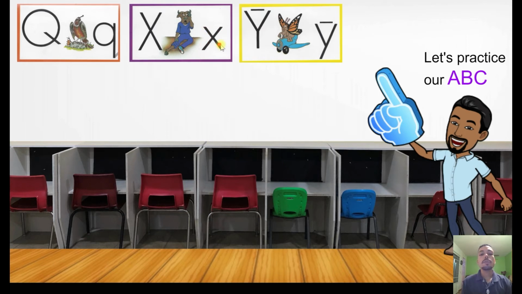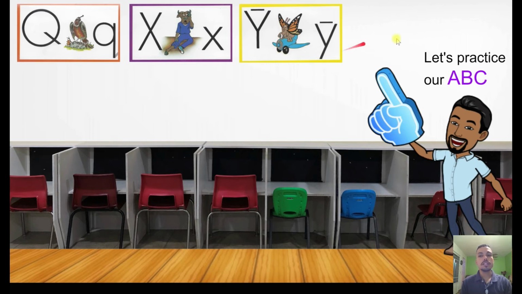Very good, okay? And the last one here, its name is butterfly. Butterfly. And butterfly has a letter that sounds I. The letter Y sounds I. Very good, okay? And now that we finished to review and practice our ABC, we're going to the page to